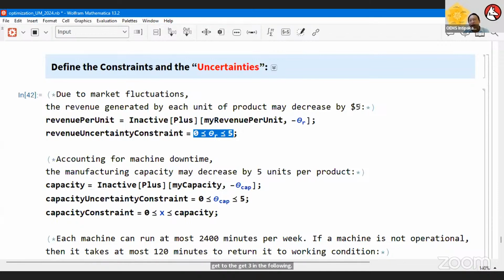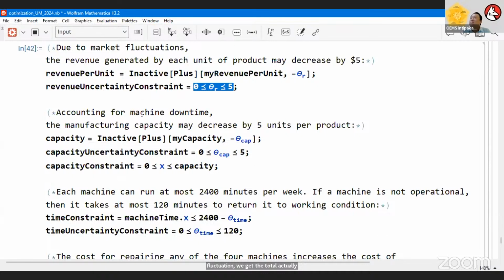So let's say we put that in, the total revenue can actually, in the ideal time, I'm not going to lose anything. When the price is 10 ringgit, I get 10 ringgit. But in the worst time, when the price is 10 ringgit, I might not get 10 ringgit, I get 9 ringgit because of fluctuation of ringgit. The total value I get is 9 ringgit. Yeah, that could happen.